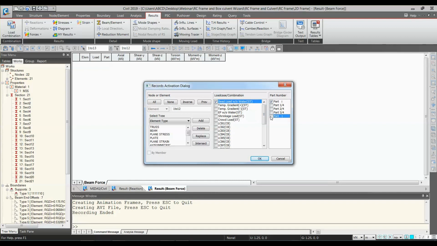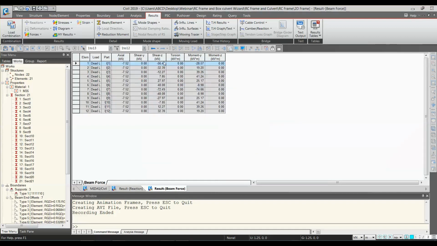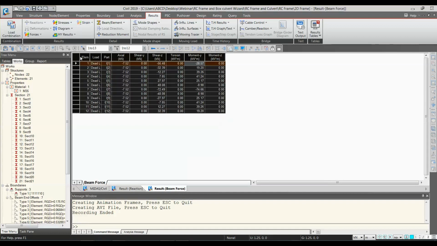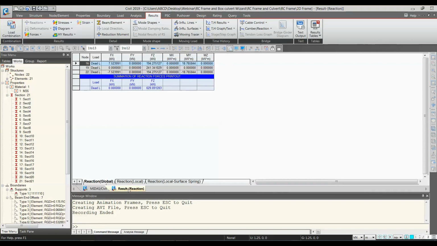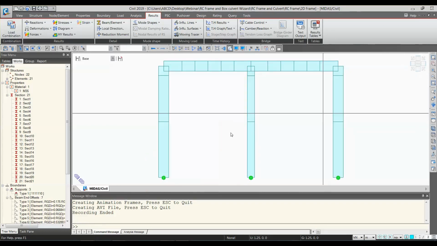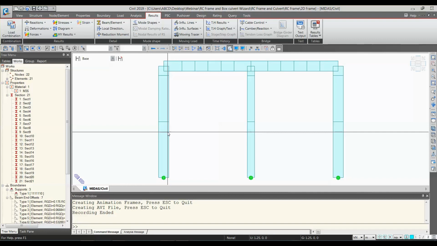I end is the start point, Z end is the end point. So for only those elements you can see the axial forces, shear forces and moments. You can even export to Excel, or you can just copy paste the table to the Excel. So these results can easily be exported to the Excel sheets for further design. Okay, now I will activate everything again. Okay, so this was about the result extraction.